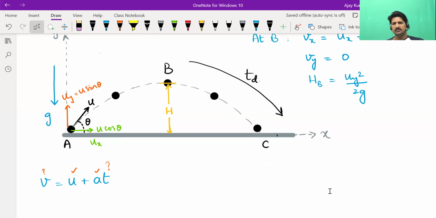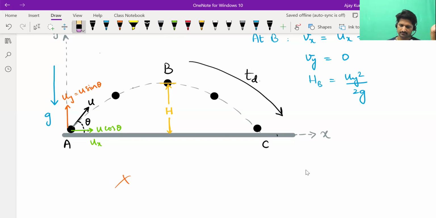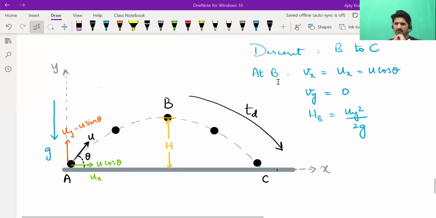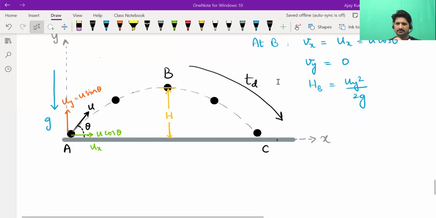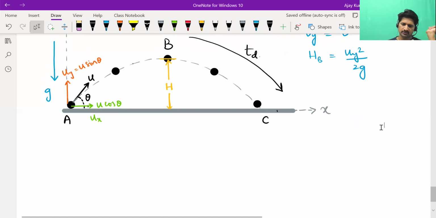Do you know its velocity at C? If you're thinking so much, that means you don't know. Okay, as of now, we have not derived. So this equation will not be useful to calculate the time. What is the only other equation we are left with? S is equal to UT plus half AT square. It's a quadratic equation, but sometimes it will be easy to solve.